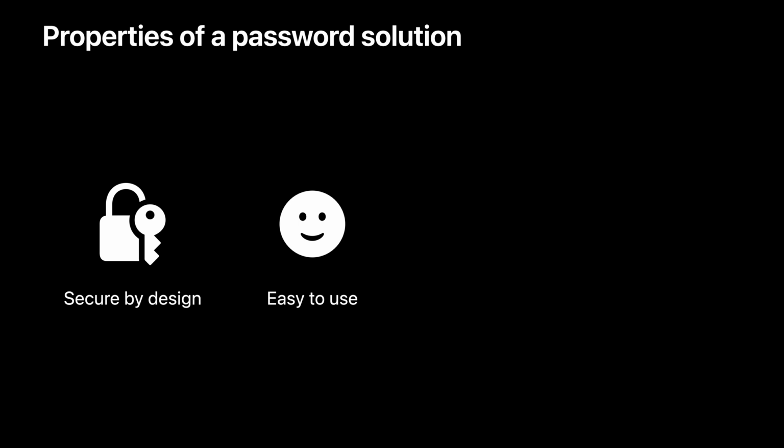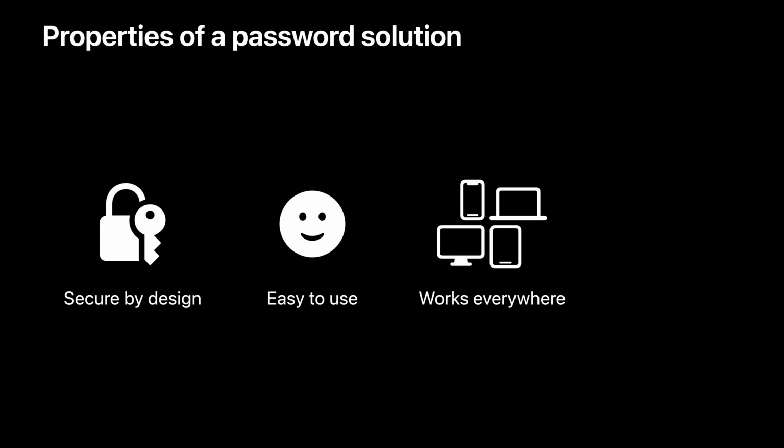But we don't want to go backwards in usability either. Passwords have been with us for so long because they're so easy to use. We don't want to lose that. Being easy includes always being available and being usable everywhere. Today, as long as I know or can look up my password, I can pretty much assume that the device I want to sign into supports it. Any additional friction to authenticating on new devices is going to hurt adoption from people who just want to quickly